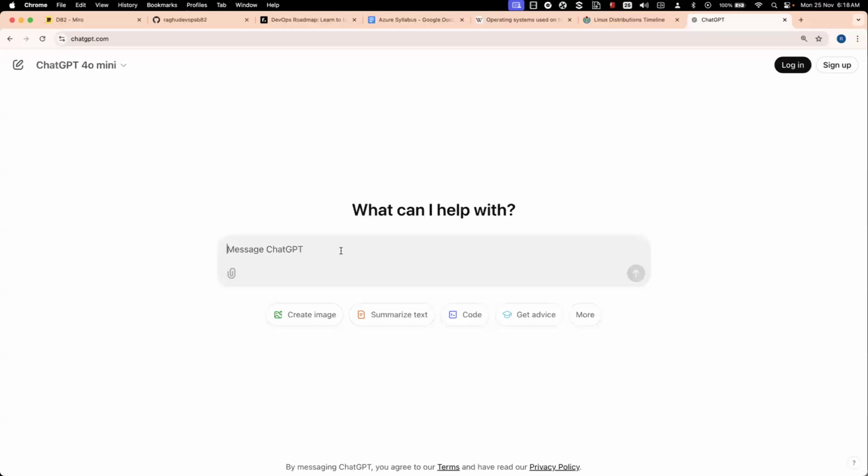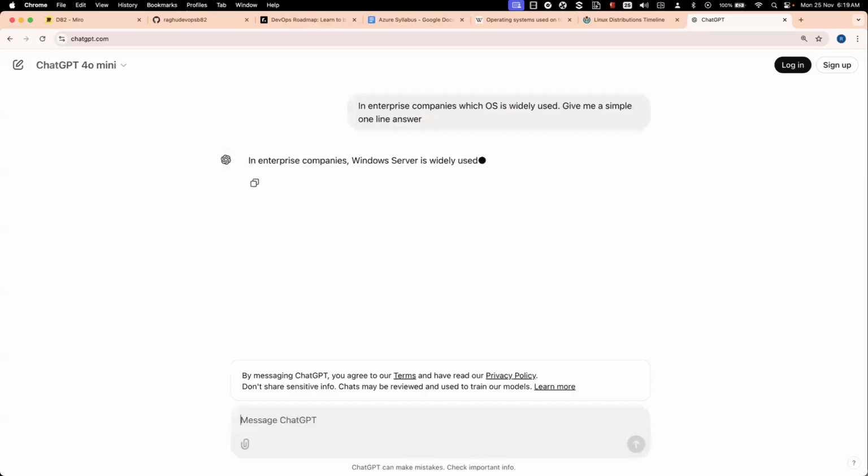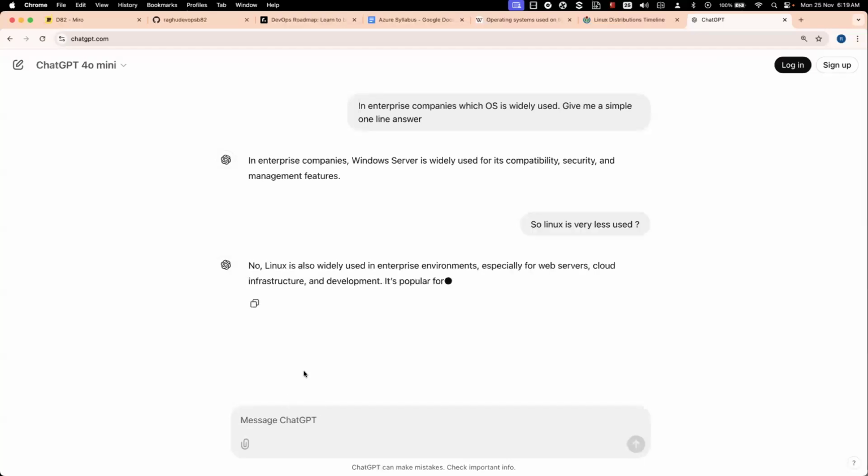So let's ask: in enterprise companies, which OS is widely used? Give me a simple answer, otherwise this guy writes a very big one. Okay, so in companies, Windows Server is widely used. This is very bad. So Linux is very less used. That's why, this GPT says no, Linux is widely used. Okay, fine. So which flavor of